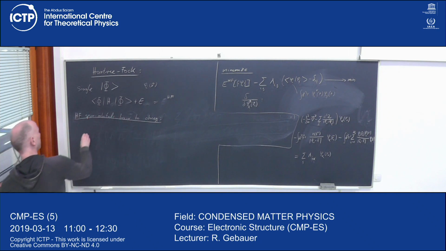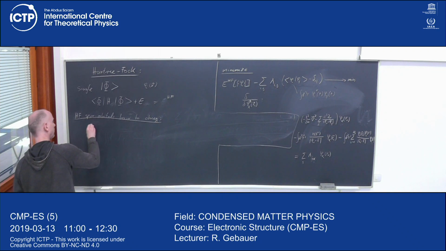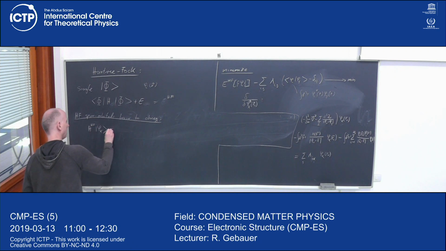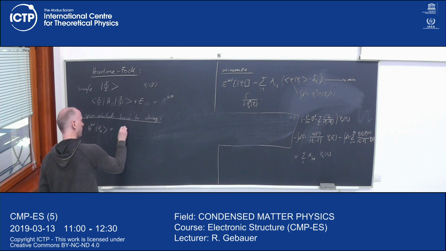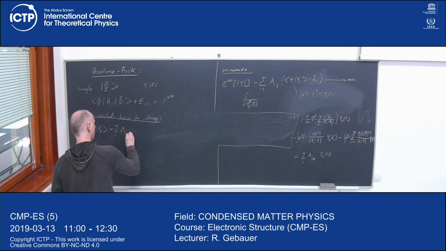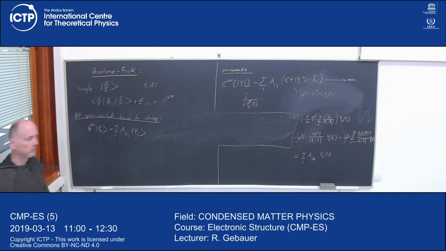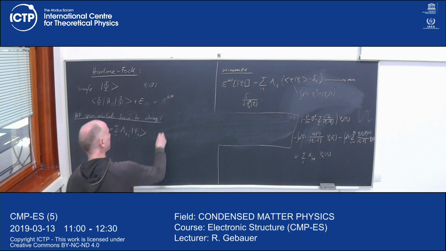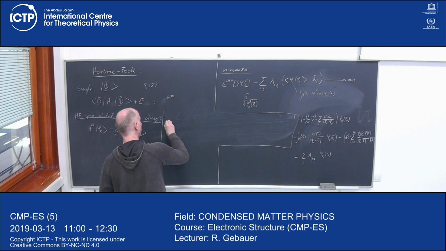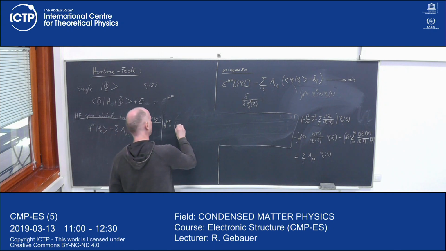The equation is that the Hartree-Fock Hamiltonian times the orbital phi k must be the sum over j lambda k j times phi j. And this H Hartree-Fock is very important. The Hartree-Fock Hamiltonian is a single particle term